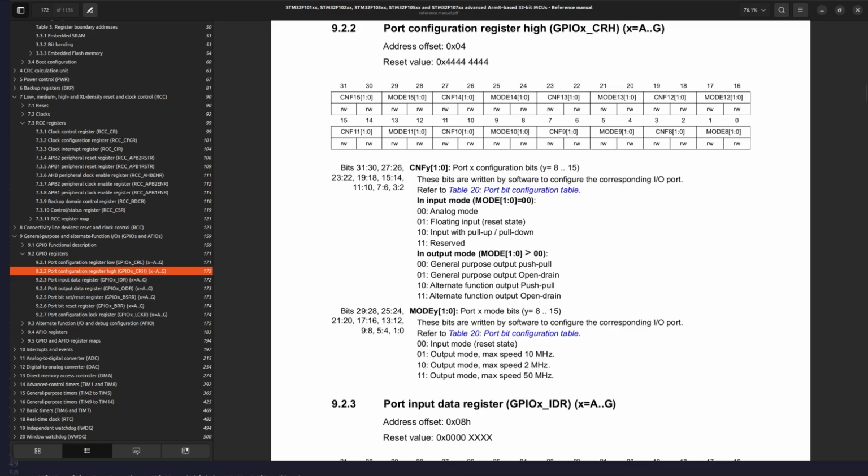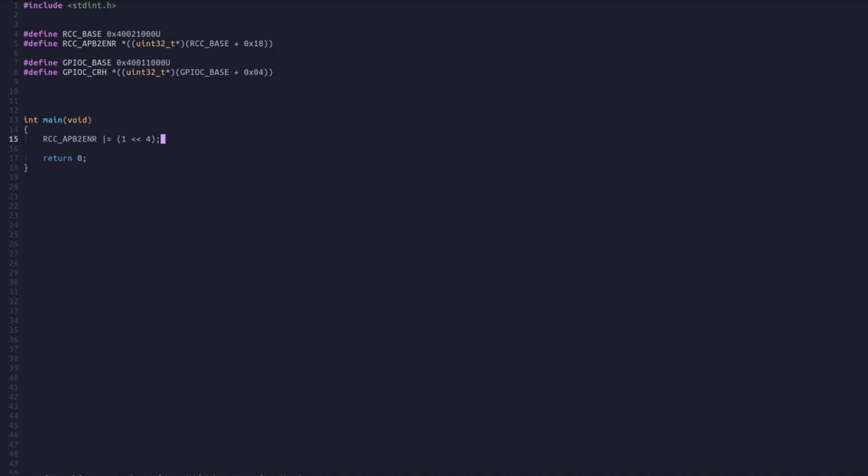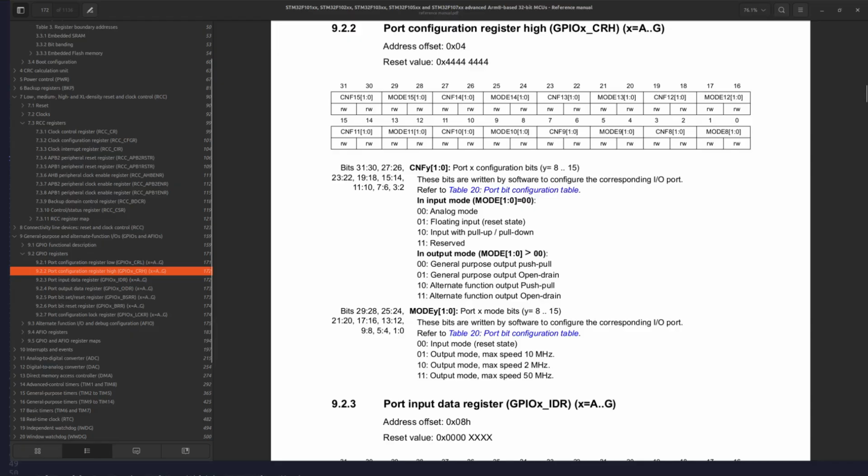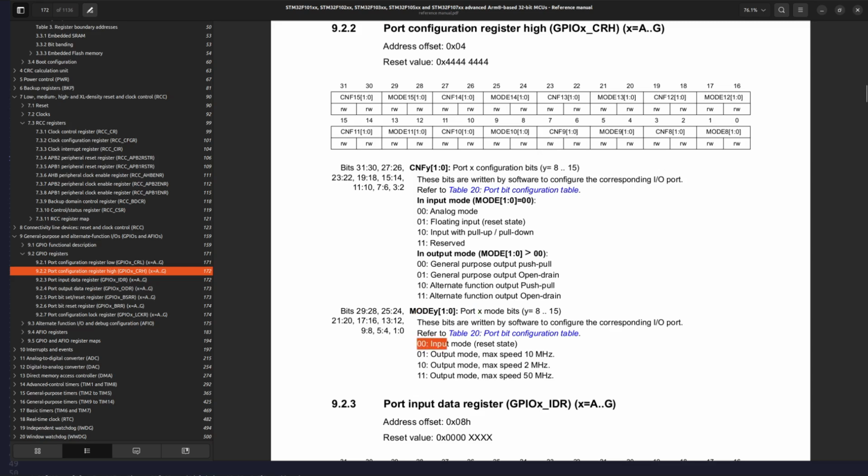So let's go to the code. And now we can reset using the GPIO CRH. By doing this, we are resetting all the 4 bits. The first bits we are going to set are the bits 20 and 21, which are responsible for setting the mode. As we can see here in the description,